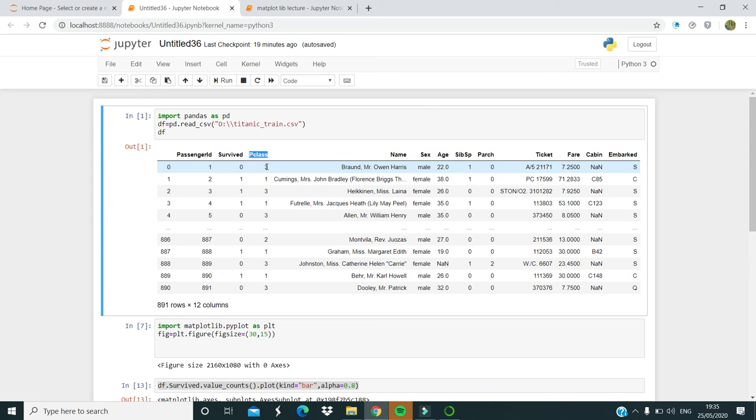That means passenger class can be of three types: first class, second class, or third class. So my whole passenger set is distributed in first class, second class, or third class. Let's identify how many people are inside the first class, how many inside the second class, and how many inside the third class.